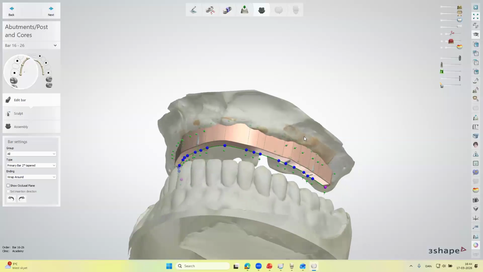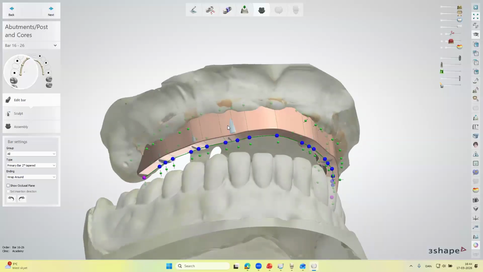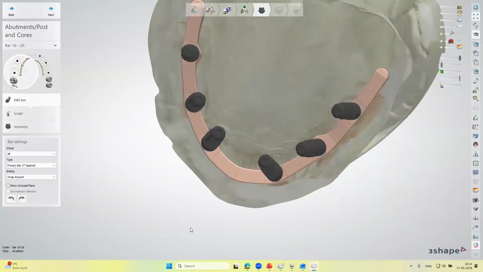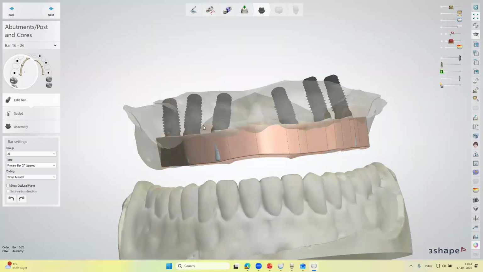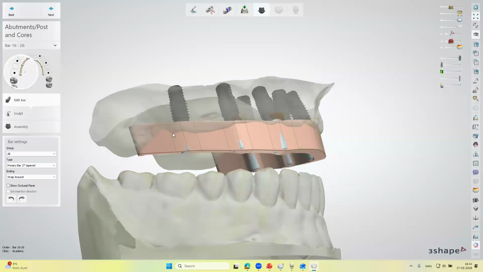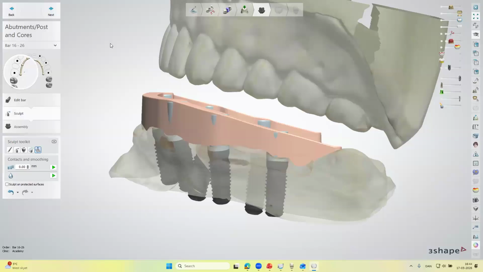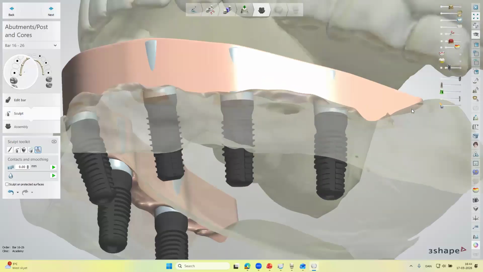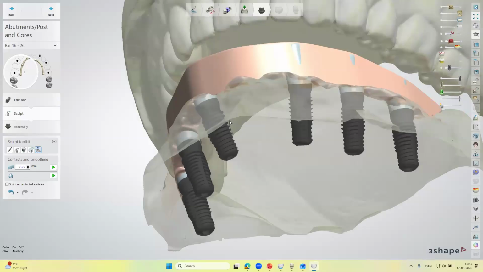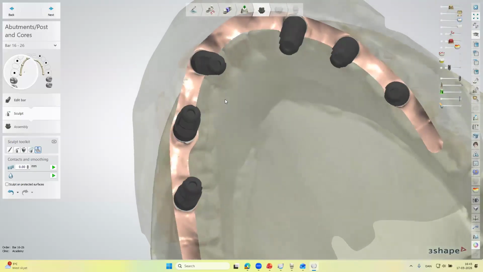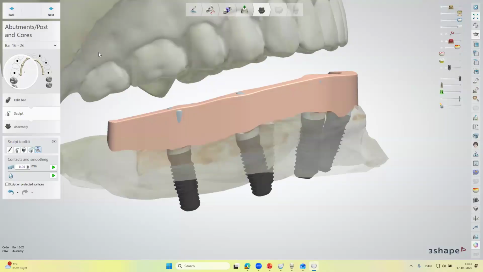So in here, the shape of the bar will be quite similar. And this particular one, you can see that it's quite tall. I'm pretty sure that some of you seeing a design that long would be skeptical if it's possible to even cut it back. But as you can see, with the option to sculpt it, it's possible to select the distance. And in this case, the software cut it directly to the gingiva,